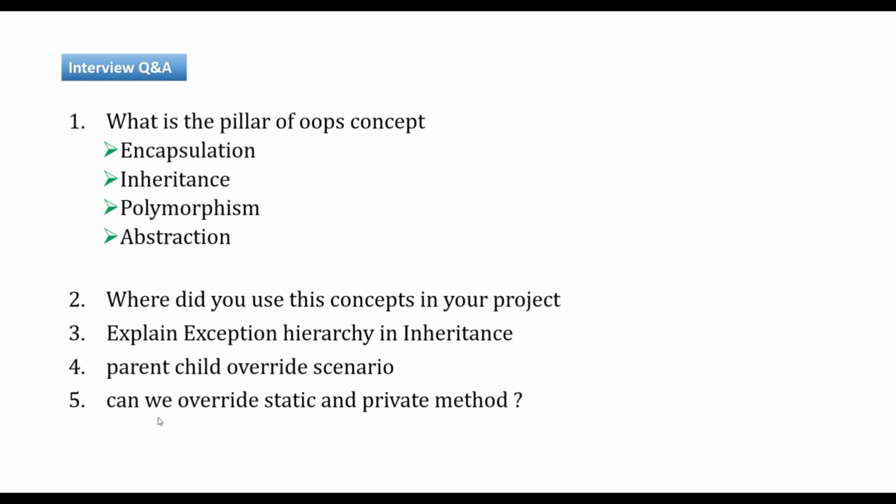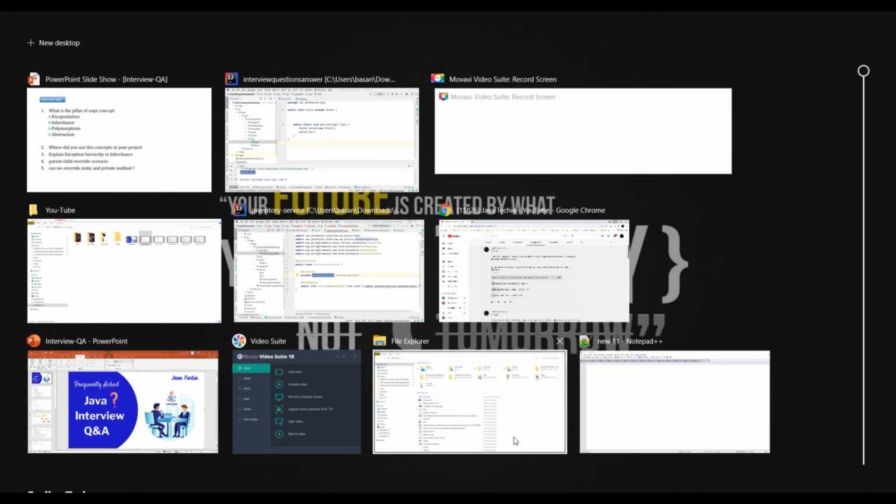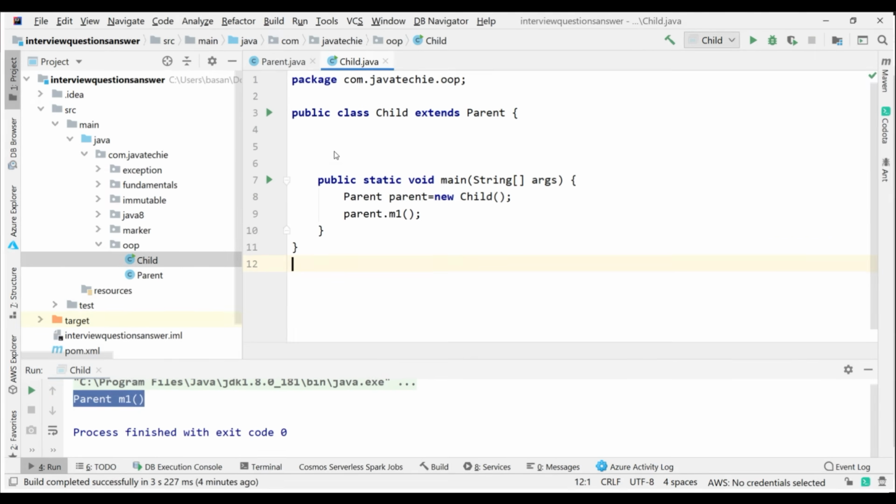Now the next one, can we override static and private method? Answer is no. If you try to override the static method, then that will be considered as method hiding. And private method we cannot override because the scope of that private is inside a class. It will not be visible to the child class. Now if you go to the IntelliJ IDE,